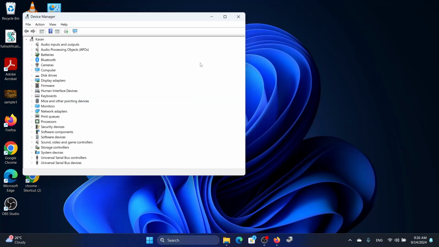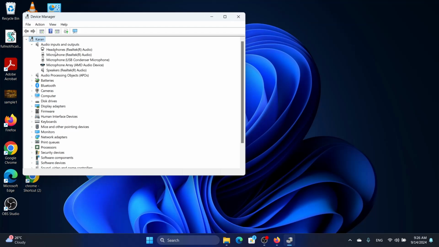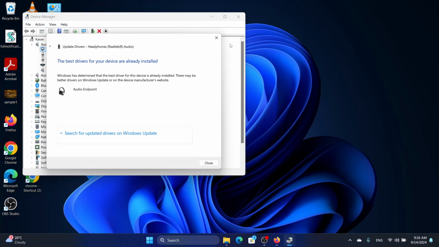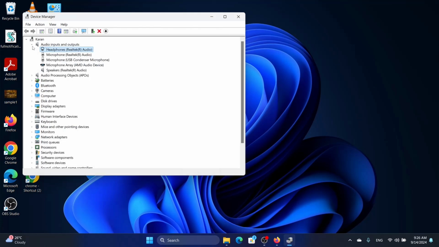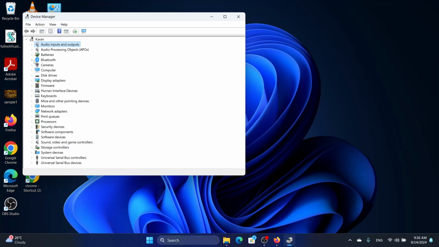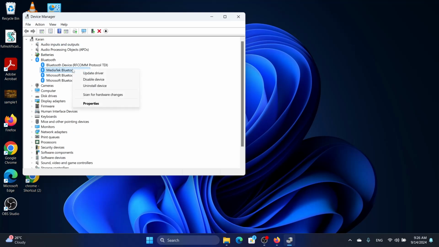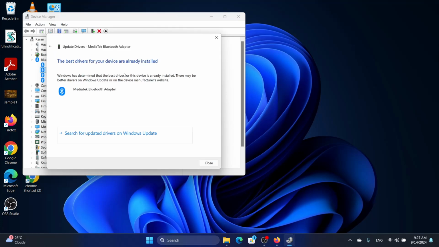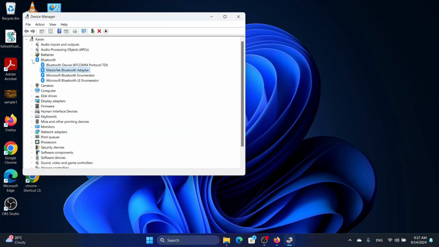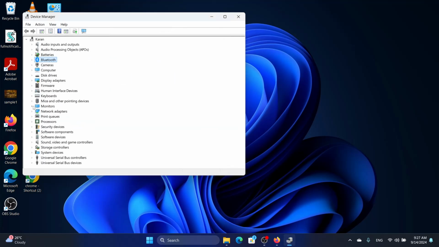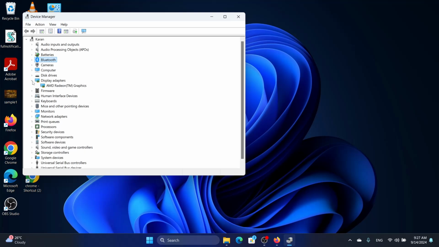So go to device manager and we need to update as many drivers as possible, because usually the conflict of these drivers cause this K mode error to show up. So we'll right click and update as many drivers as we can for all the devices, and we'll do that for the audio inputs, we'll do that for the Bluetooth drivers. For example, I'm using a Bluetooth mouse, so I'll update the driver here, and I will do that for my cameras, my keyboards, the mice, the network adapters, and the most important is we need to update